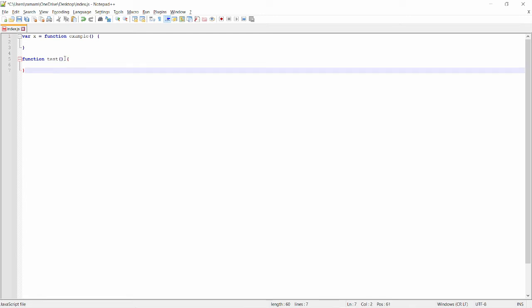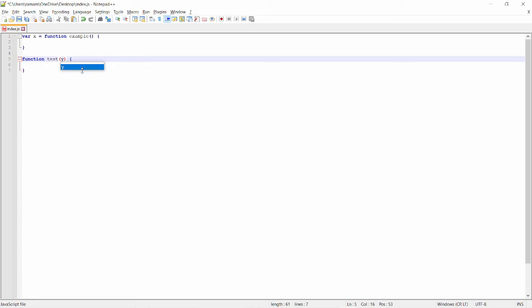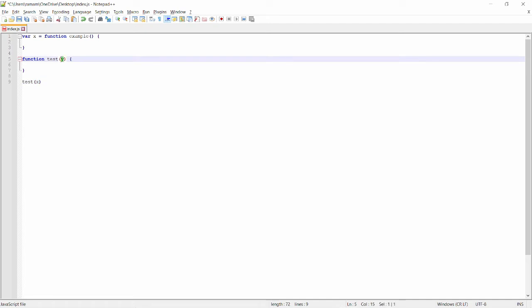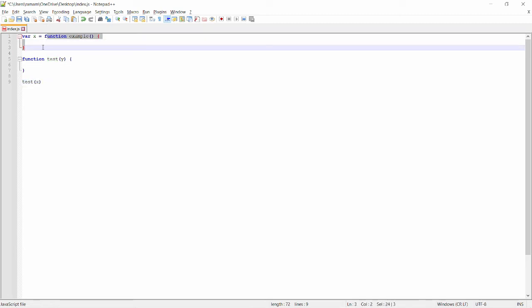So for example, we call this test and we have a parameter here, y. So when we call this test, we can pass the argument as x. So this is the parameter and this is the argument, we can say. So when we are calling the test function, we are passing x, and x is nothing but the complete function itself, right?